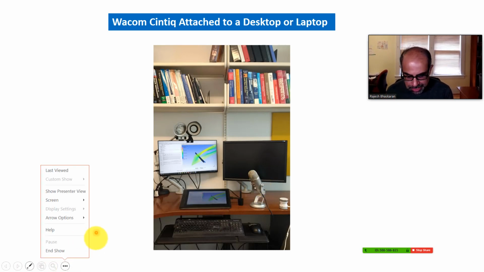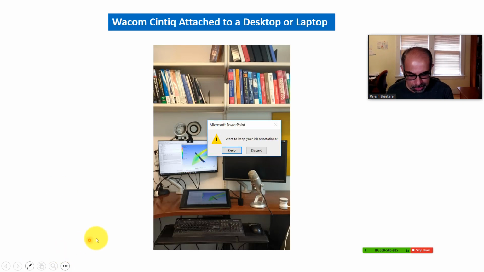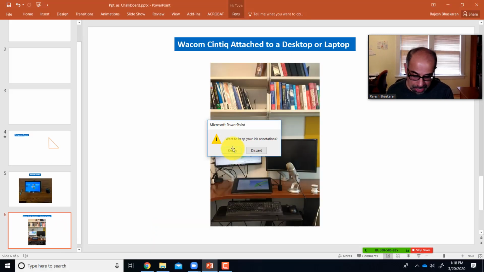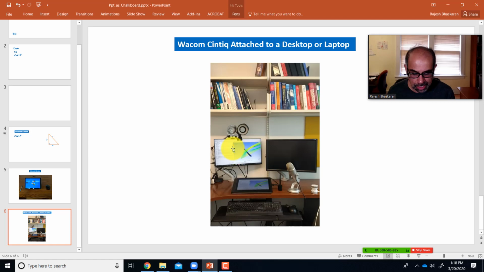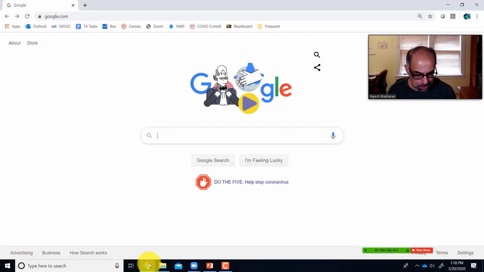And I can end the slideshow over here. I'll say keep the annotations, and that way you can share your annotations with students, post it, for instance, on Canvas. Now I can go to Google Chrome, for instance, and I could search for the